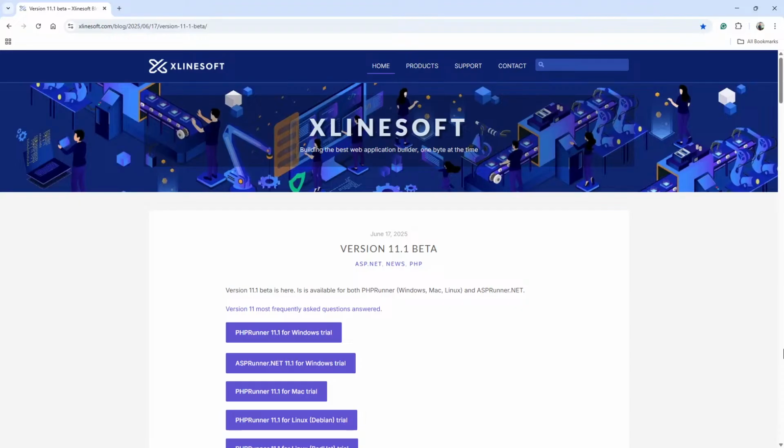Another question, do we have an idea when version 11.1 will be out of beta? Yes. According to the newsletter that was sent out by Sergi, it will be out by the end of July. By the end of July, version 11.1 will be out of beta. Now, approximately. Okay? And that is what I remember. Hopefully I'm not misleading you now. So yes.